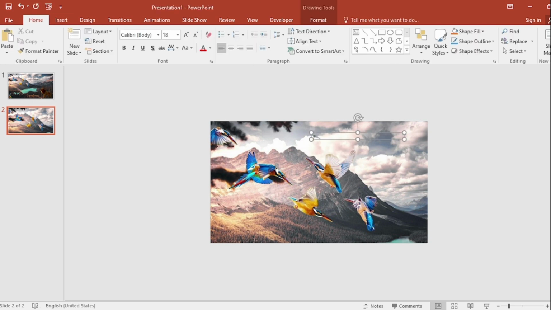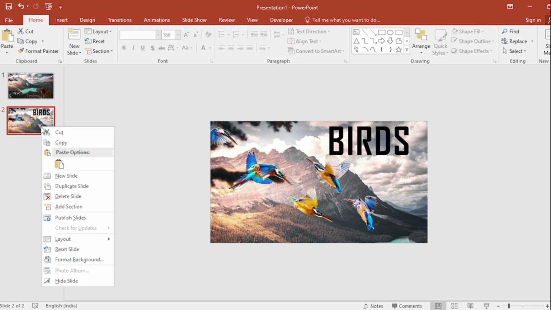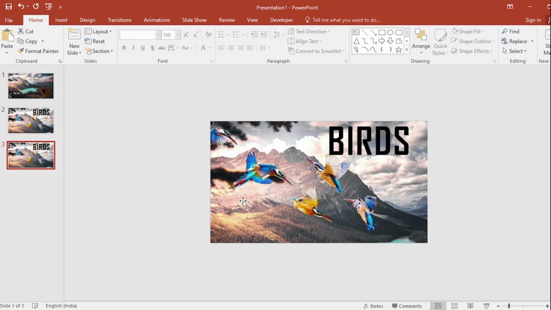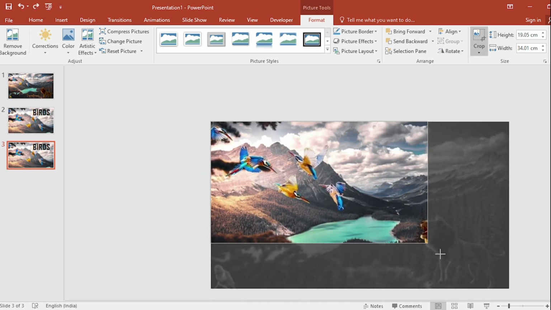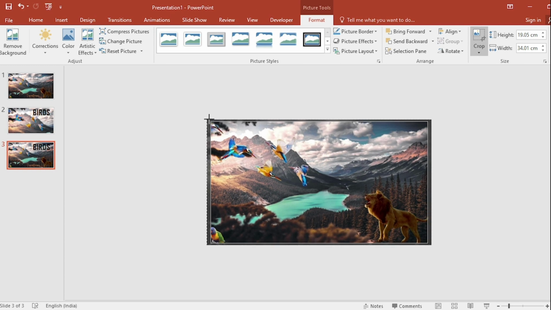I am writing bird here, select it, change the font, bold, adjust the spacing as very loose, increase the size of the text box, click on the second slide, duplicate it, select the picture, go to Format, click on Crop, highlight a second element from that picture. I am selecting lion here,